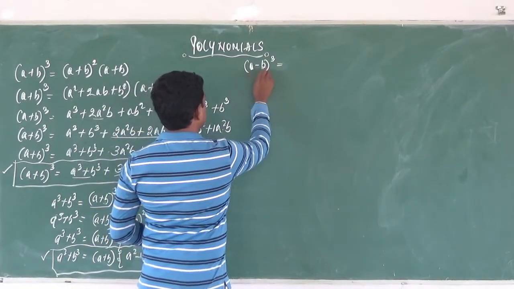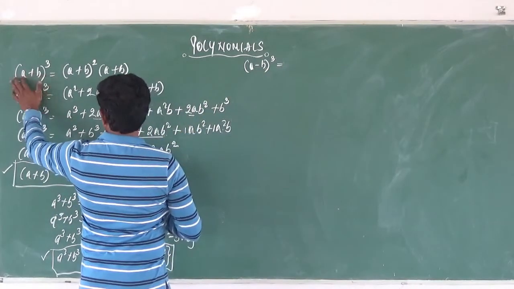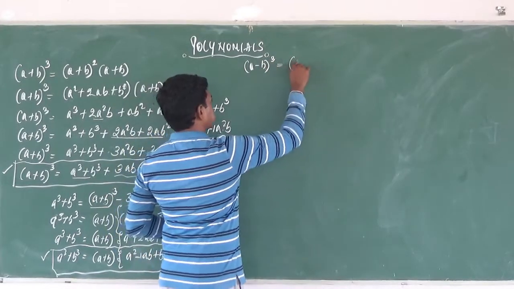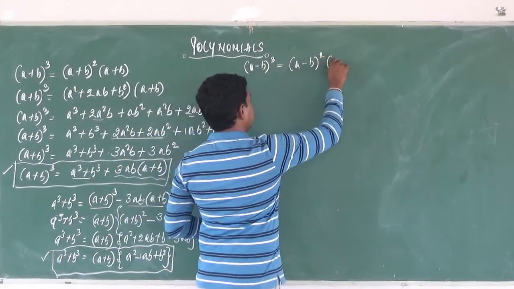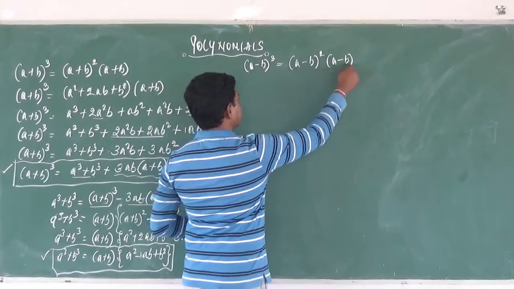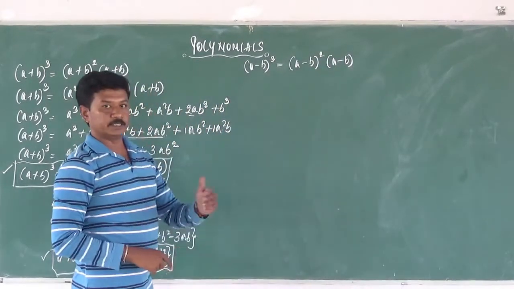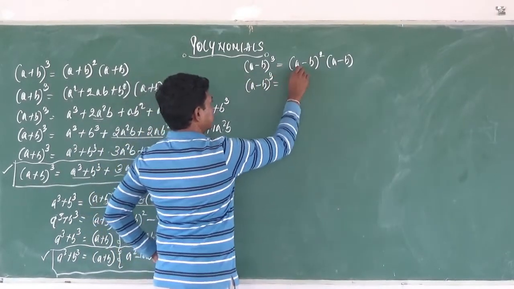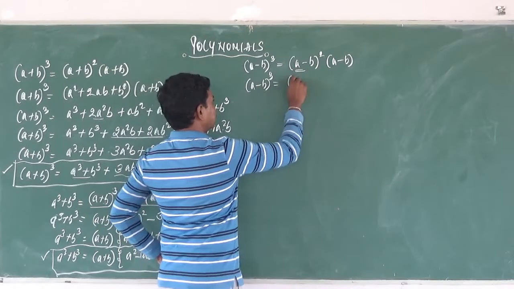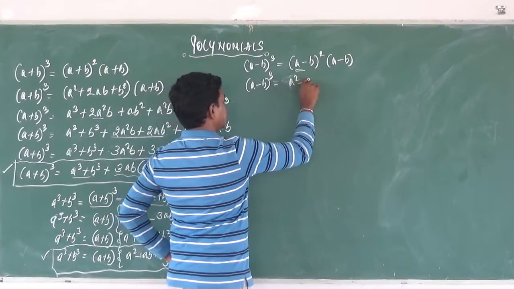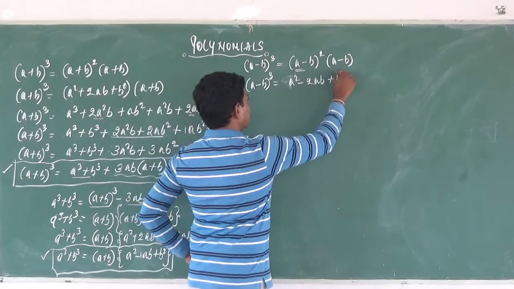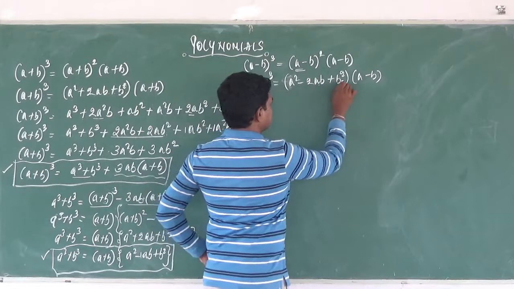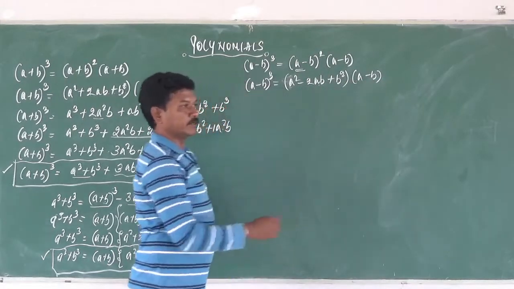So in between the two terms we have minus sign, and here in between these terms we had plus sign. So it is raised to the power 3. So this can be written as a minus b whole square into a minus b. So a minus b whole square into a minus b is nothing but a minus b whole cube itself, right? So a minus b whole cube is equal to, we will expand this by using our previous knowledge, that is a square minus 2ab plus b square again into a minus b. So we will multiply this trinomial by this binomial by using the distributive property.